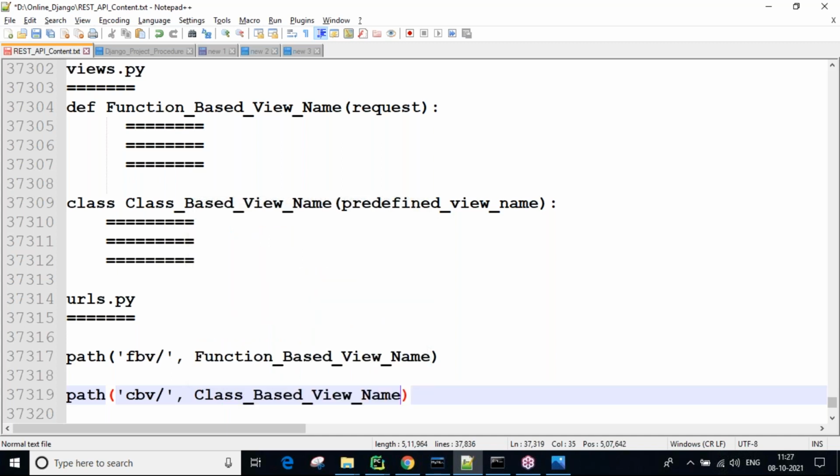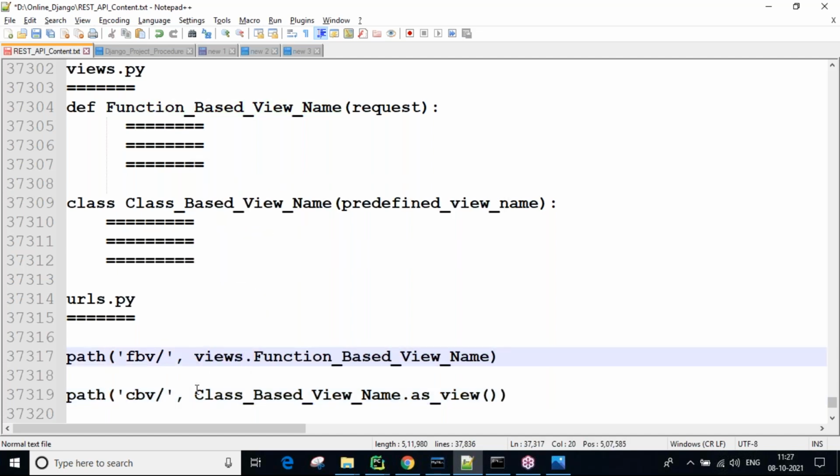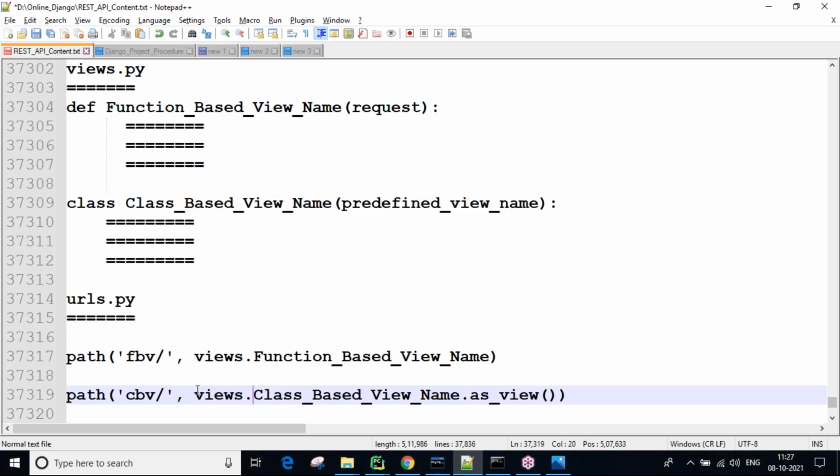That's it. If it is a class based view, the class based view name dot as underscore view is also required. The views are available inside views, so we write views dot. That's it.